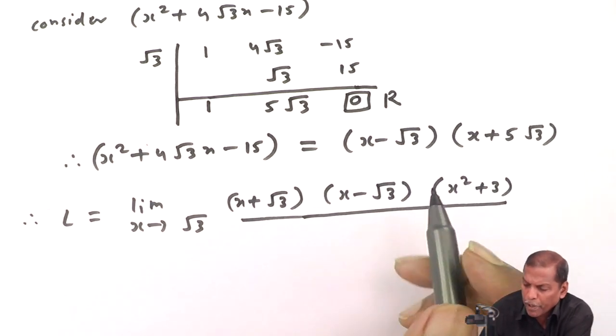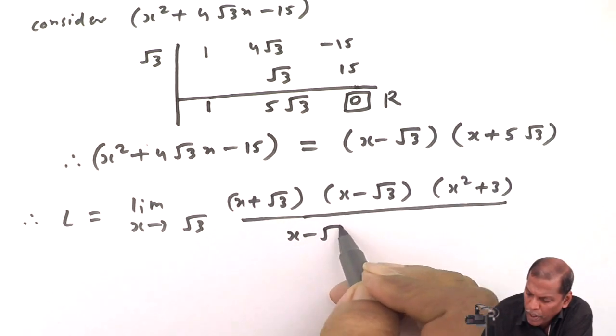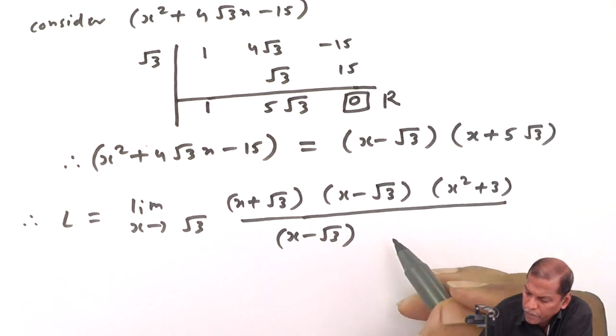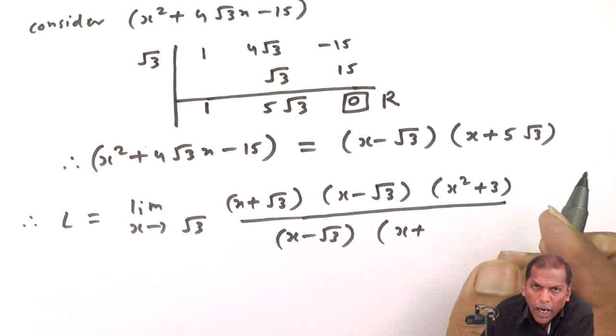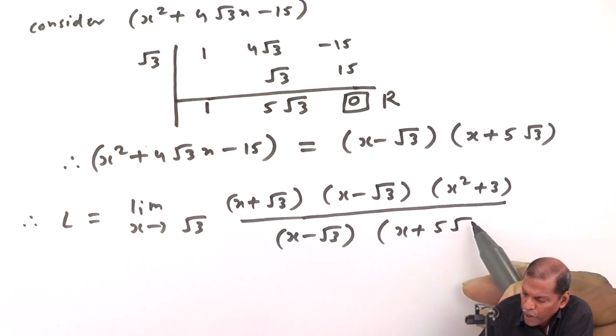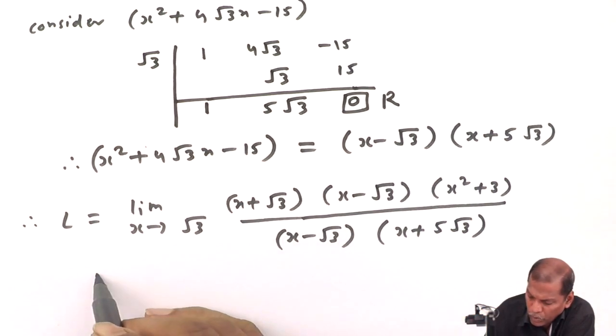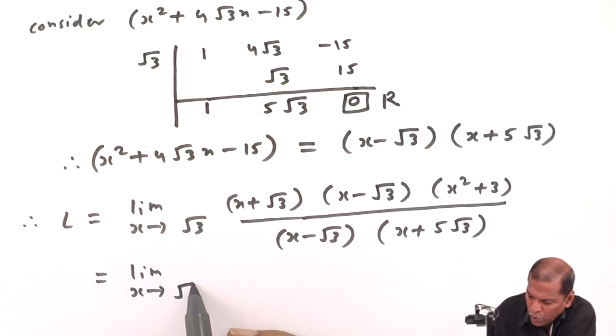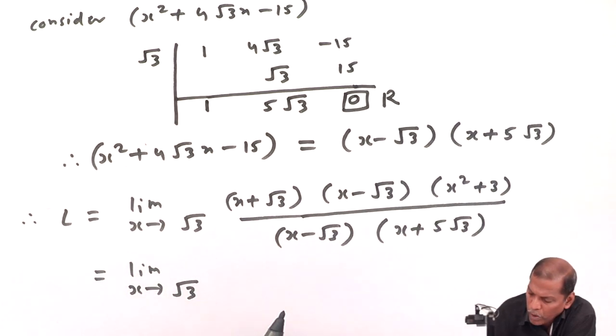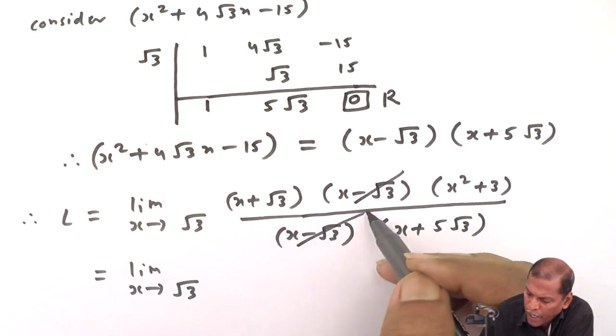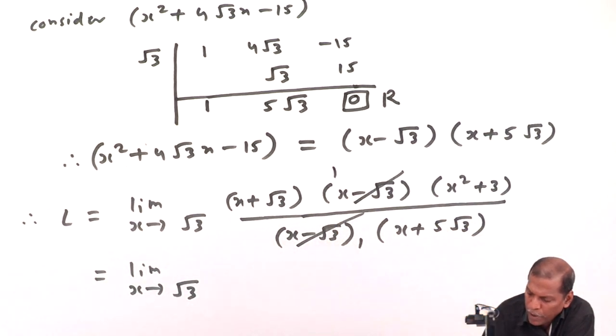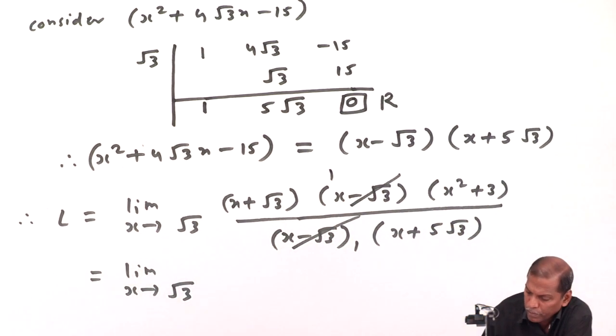Now for the denominator, we write (x minus root 3)(x plus 5 root 3). So that is equal to limit x tends to root 3. Here we cancel x minus root 3 from numerator and denominator